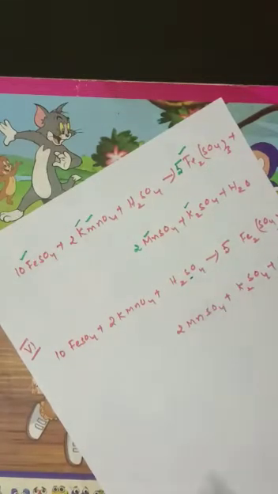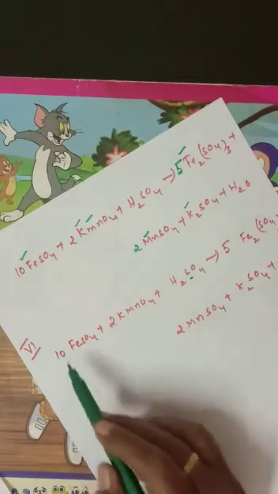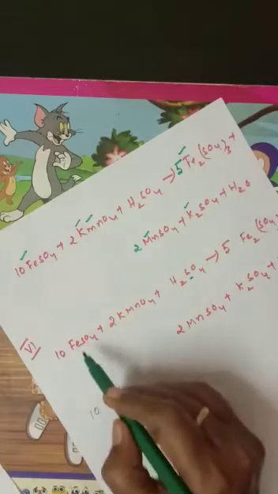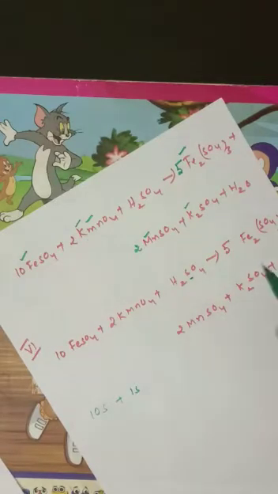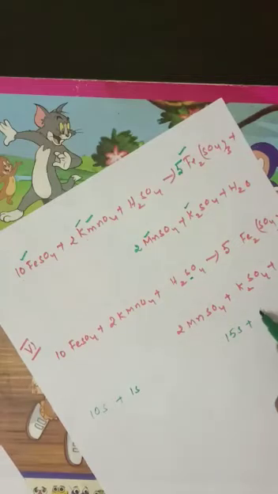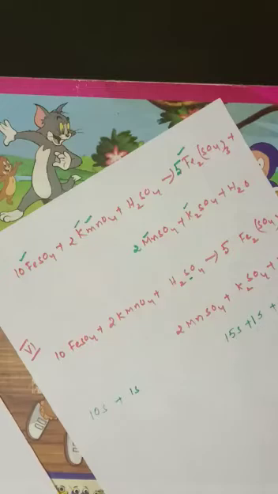See here sulfur. How much sulfur is present on the left side? See here, 10. So sulfur is present here 10. Left side 10 sulfur plus, here only one sulfur is present. What about the right side? See here, totally 15 sulfur is present. Here 2 sulfur is present, here 1 sulfur is present. So 1 sulfur, again 1 sulfur.